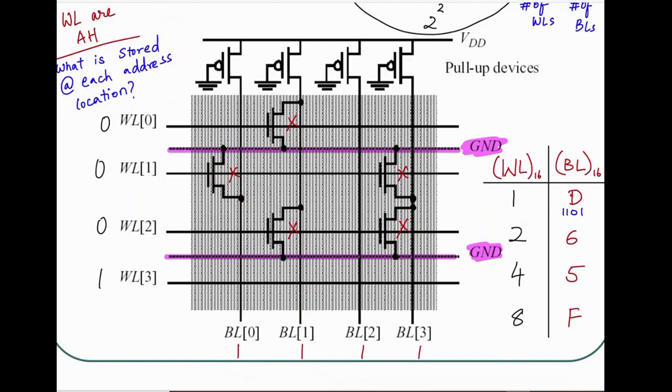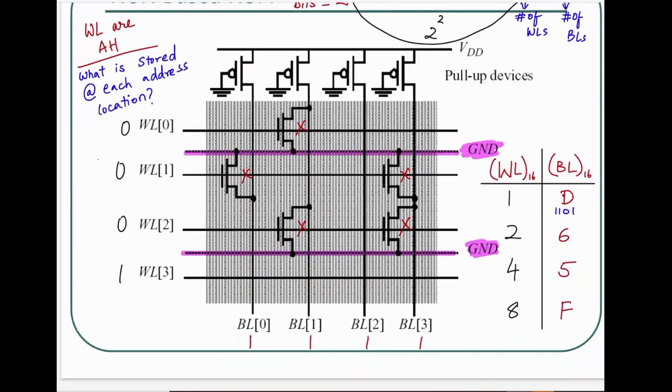You guys see that? So, you know, address 0, 0, we have D stored. Address 0, 1, 6. Address 1, 0, 5. Address 1, 1, F. So we have got 4 address locations at which we have got a 4-bit value stored. Next,